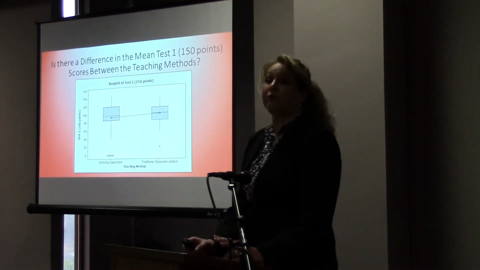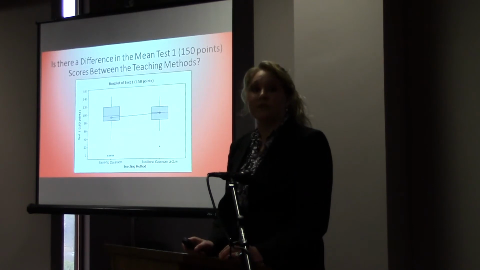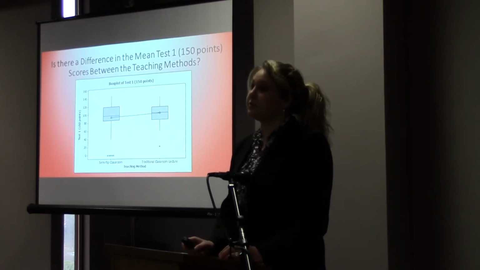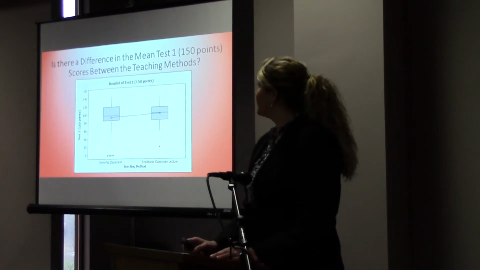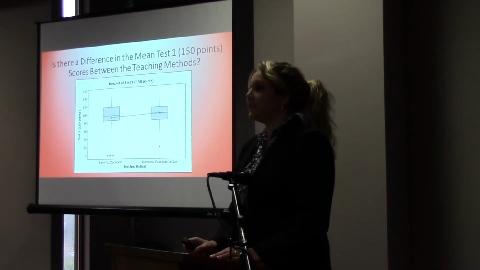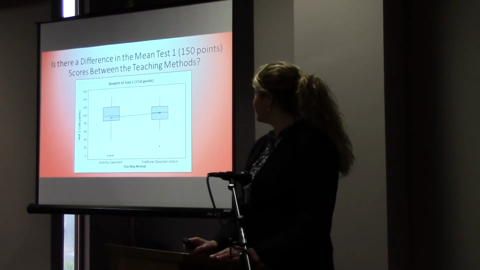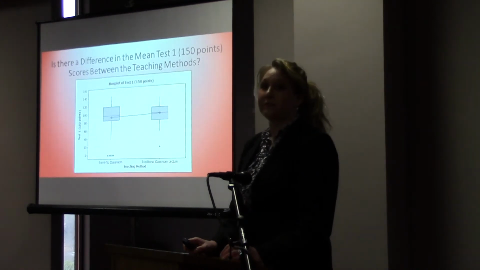First we're going to look at, there were 4 tests given during the semester. We're going to look at each of those tests as far as the average of their score and to see if there was a difference between the different teaching methods. There were 4 tests, a final exam, and then also the homework scores we'll be looking at. So first here we have test 1, we have a box plot. And as you can see, it looks as though the traditional classroom lecture mean score was just a tad higher than the semi-flip classroom.